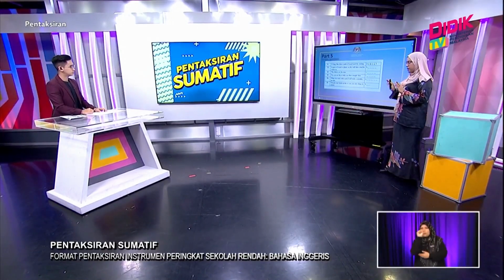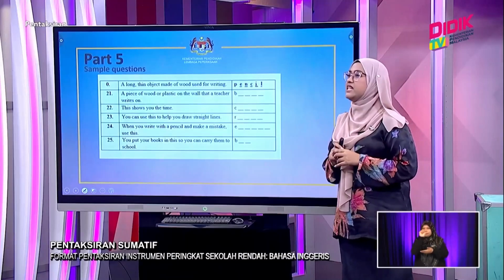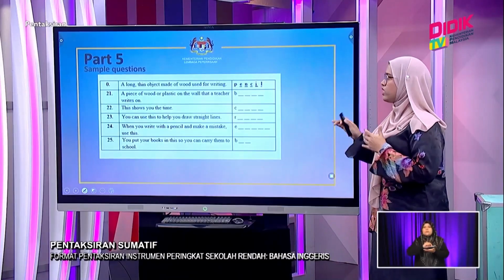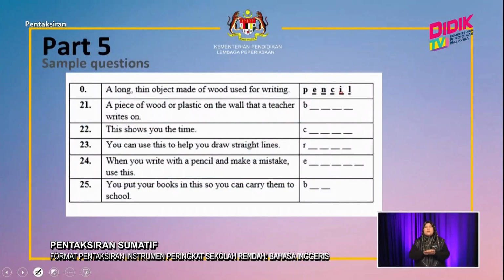In this particular part, students have to complete incomplete spellings. So what you see here on the screen are actually 5 different descriptions of 5 different things. And then you're given the first letter for each word. Is it always the first letter, Miss Farhanna? Yes, it will be the first letter. And each question is worth 1 mark. I think probably this is a pretty straightforward task. What's important is to be able to read the descriptions and understand what it talks about.